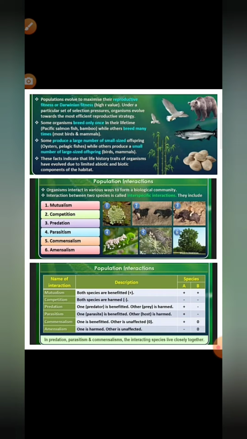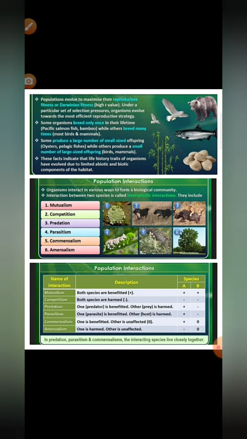The ecologists suggest that the life history traits of organisms have evolved in relation to the constraints imposed by the abiotic and biotic components of the habitat in which they live. Understood? So these population